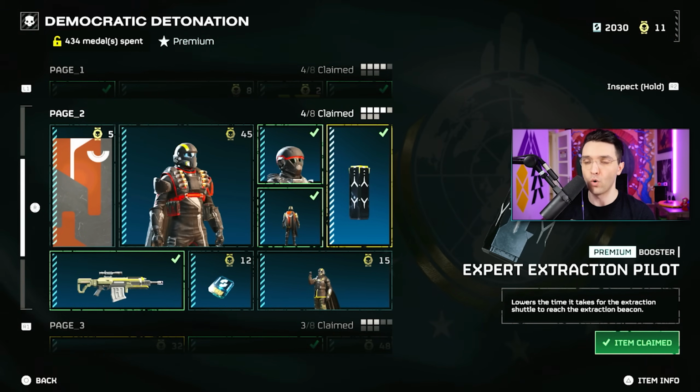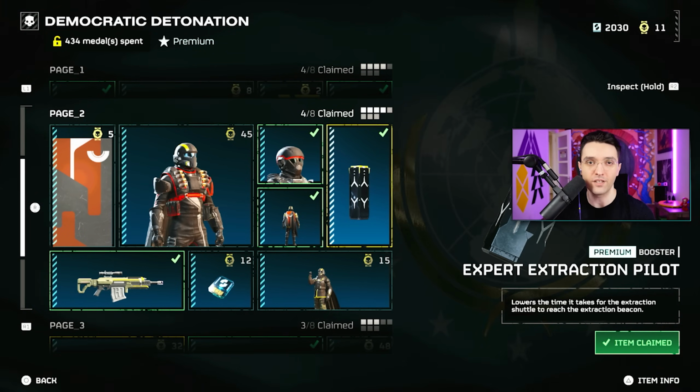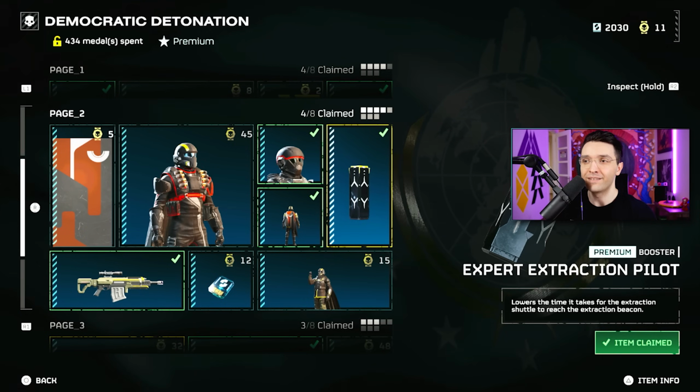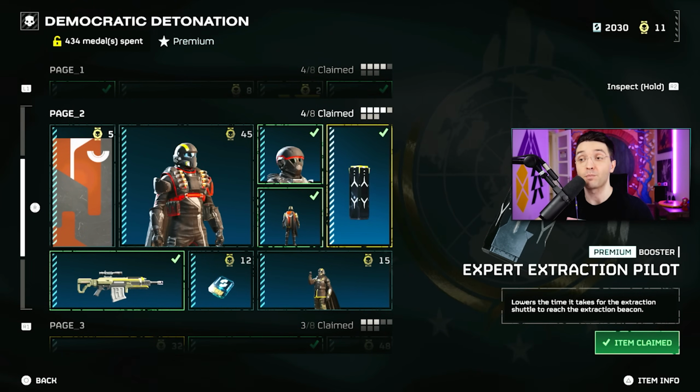Now let's quickly go over the booster. I'm just going to break this down. For example, if the extraction is like 2 minutes, it's going to drop it by like 20 seconds, which could be nice, but once again, that's not one of the biggest issues in the game, and there are definitely way better boosters